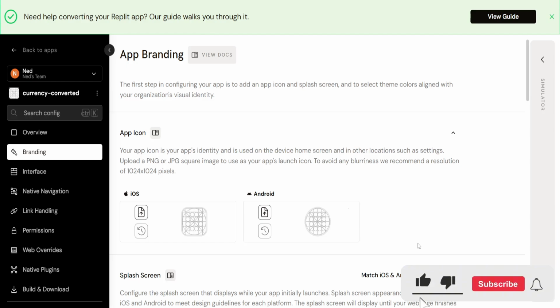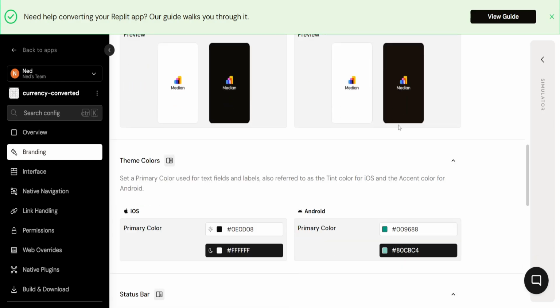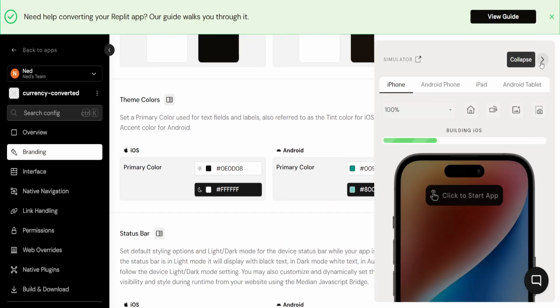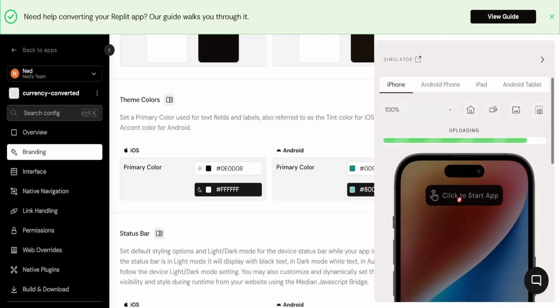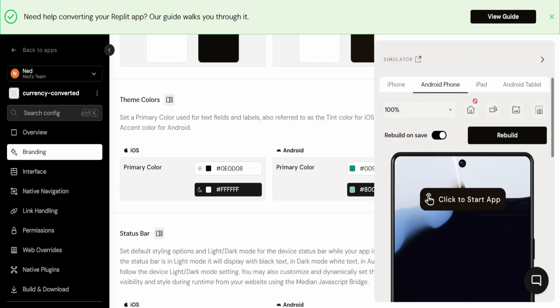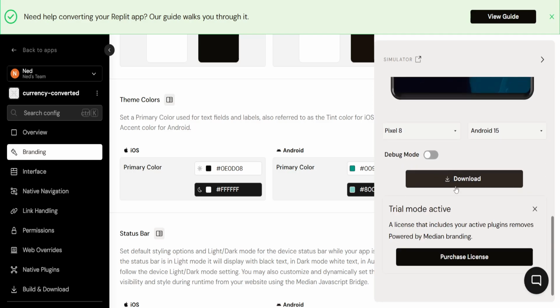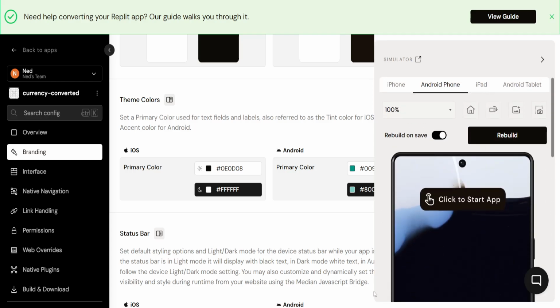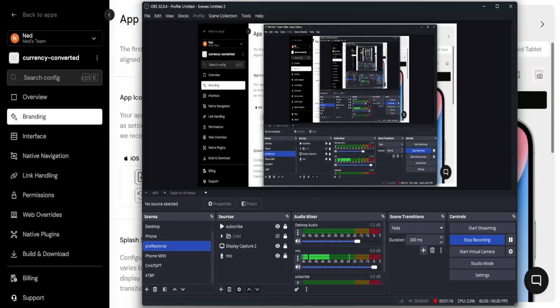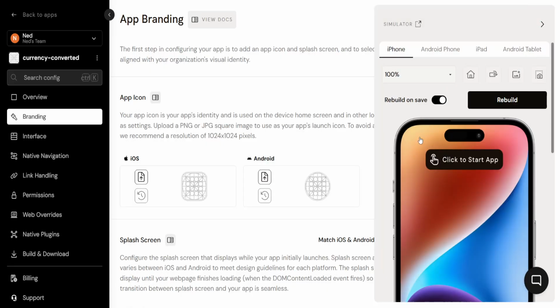Now this is going to begin integrating your app for Android, iOS. So here you have the simulation as well. So it's going to show you building, and it's going to take some time for it to build. So this is going to be the simulator, and here you have the option of Android phone as well. So once you have this created, then what we need to do, okay, so once you have your app converted,